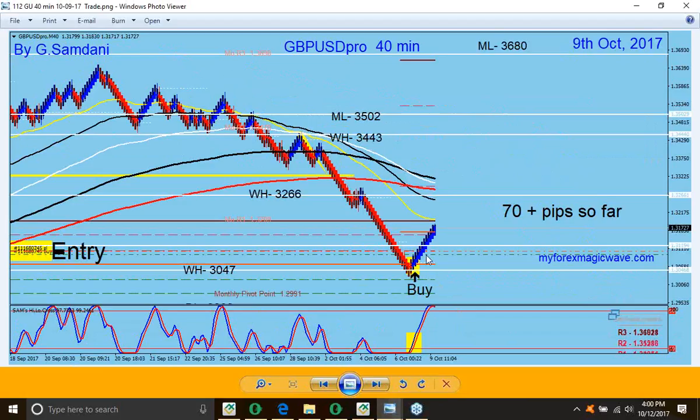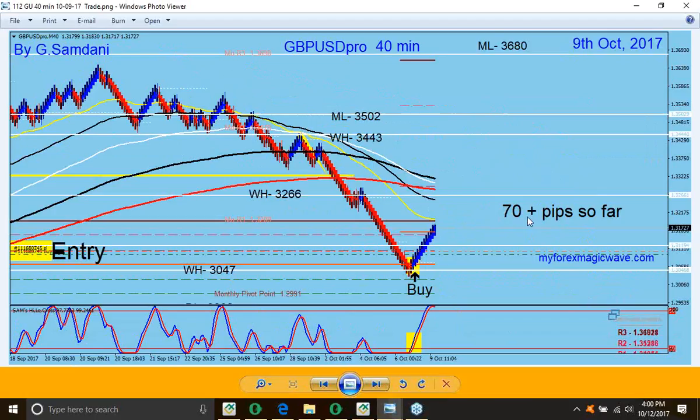And right there on a 40-minute chart, my entry, and you can see it going to the upside, making a short setup actually, but like I said, it dropped too much and needed retracement. So then you can only go long. Otherwise, no. So from here, 30.47 went back up, and again you see the level to go to, 32.66,